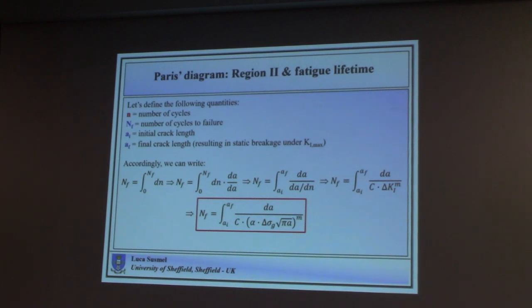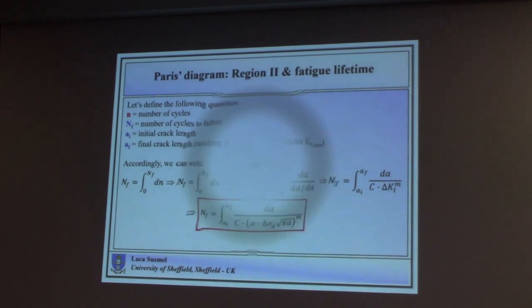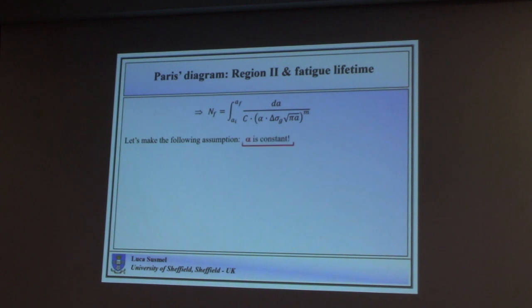to integrate by hand. It's very easy to integrate using MATLAB or Mathcad nowadays, but when this formula came out many years ago, around the 60s, it wasn't so easy to manage. And now let's play with this formula a little bit. So let's make an initial assumption. Let's say that alpha is constant. We know that is not true because the shape factor of a given component changes as the length of the crack varies. So it's a very, very restrictive hypothesis, but let's play with it for the time being,